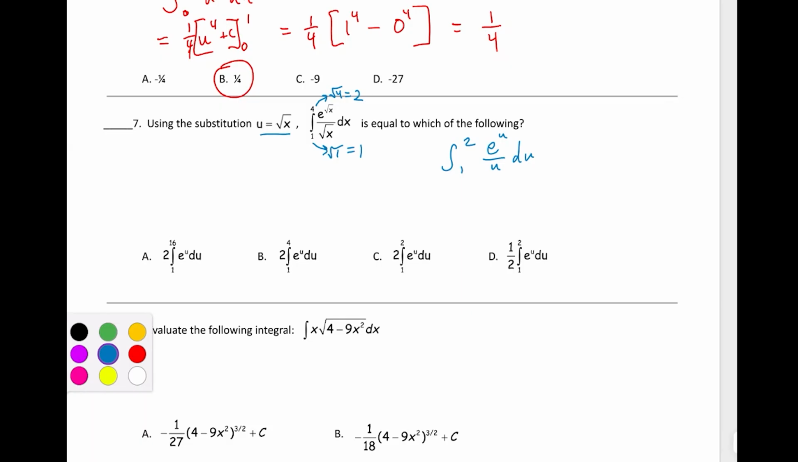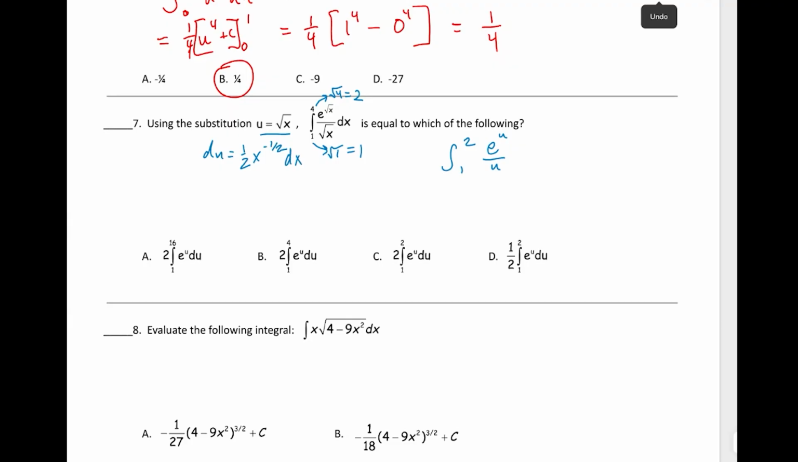I've got to be careful here. Is it just du? I didn't actually find my du here. So let's figure that out. du is going to be the derivative of root x. Now root x is x to the 1/2 power. So du, if we reduce that exponent by 1, it's going to be x to the negative 1/2 power. Bring that original exponent down, so 1/2 times x to the negative 1/2 power